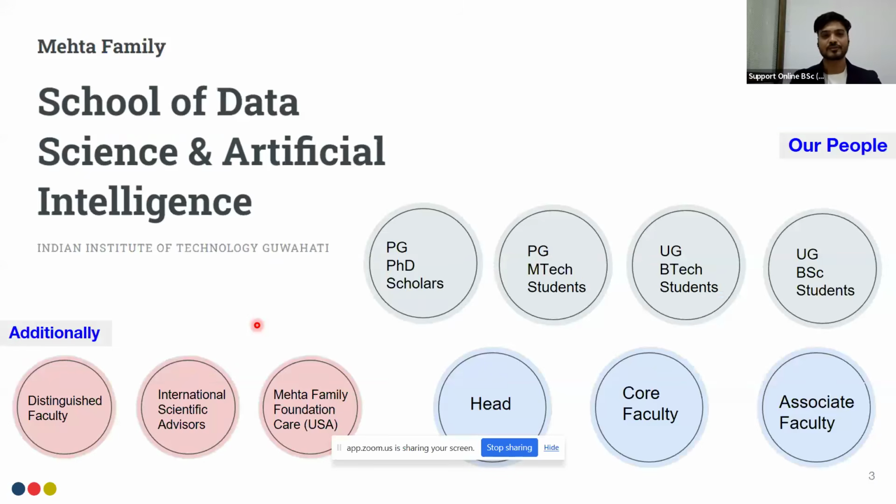So this program is offered through the Mehta Family School of Data Science and Artificial Intelligence. It was established in 2021. And as you all know, the strength of any department lies in the people behind it. So the school currently has highly qualified and experienced faculty members, researchers, and international scientific advisors, and at the same time, it fosters a vibrant academic ecosystem through undergraduate, postgraduate, and doctoral students.